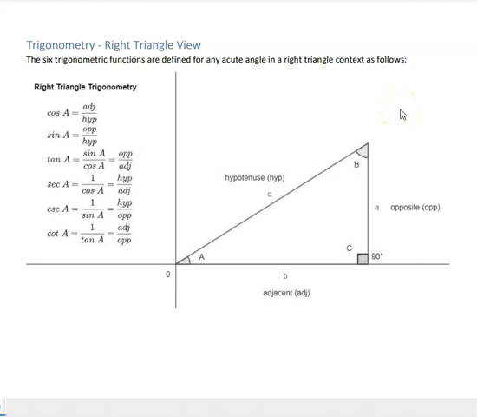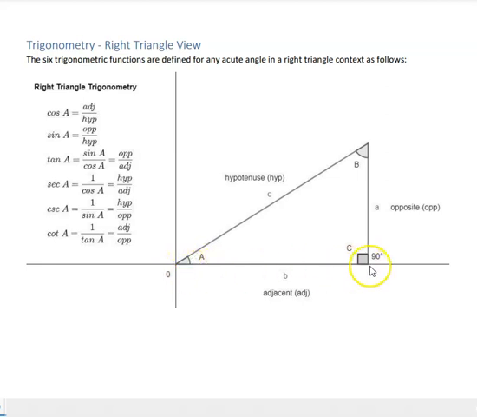This is Professor Darif's Trigonometry Right Triangle View. The 6 trigonometric functions are defined for any acute angle in a right triangle context as follows. We have a right triangle here with the standard labeling, and we'll be looking at this angle A, which is